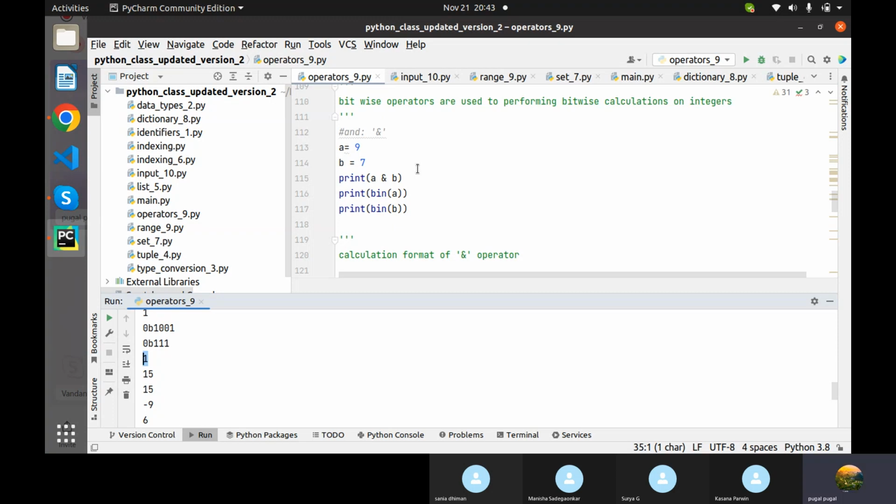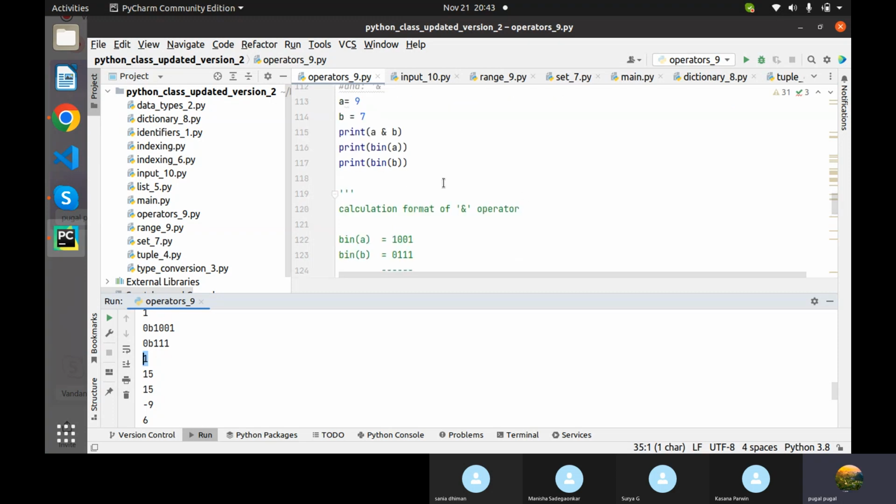As I was mentioning, it will take the binary version, and the AND operator I've already explained. If both values are 1, which means both values are true, it will return 1. For the rest of the cases, it will return false only. So here,